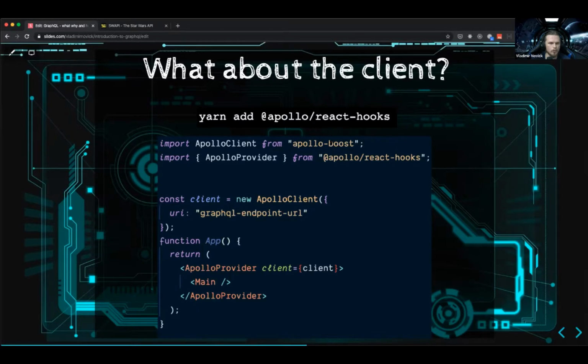There is a library called Apollo, the whole project called Apollo, and it gives you a bunch of things on top of just sending the POST request with a stringified query. It gives you the caching mechanism. It gives you lots of tooling, as a layer on top of all the GraphQL communication.